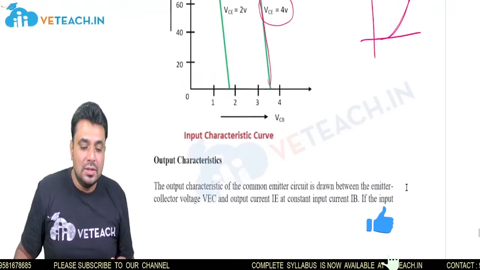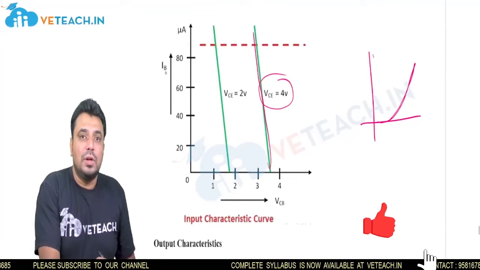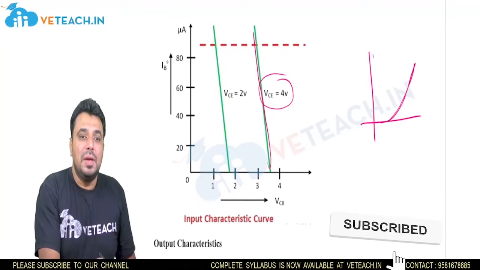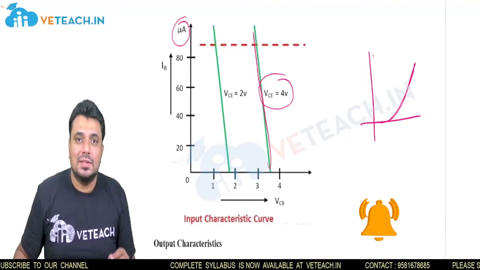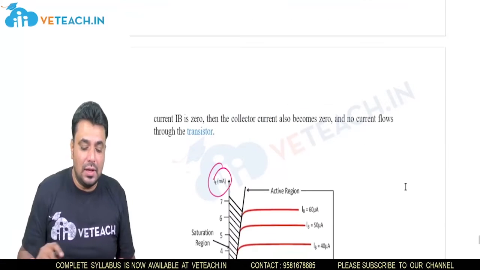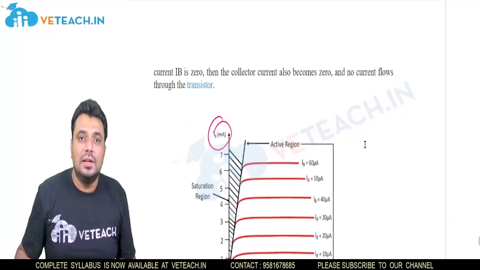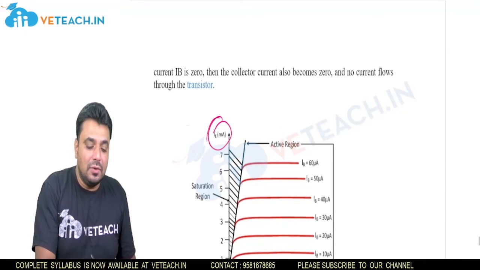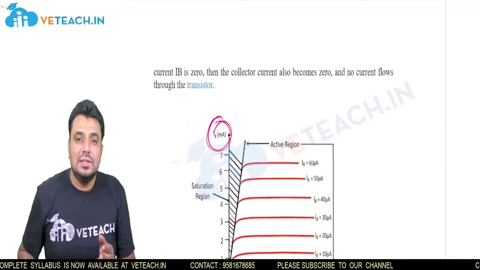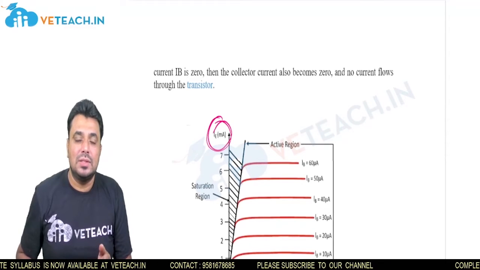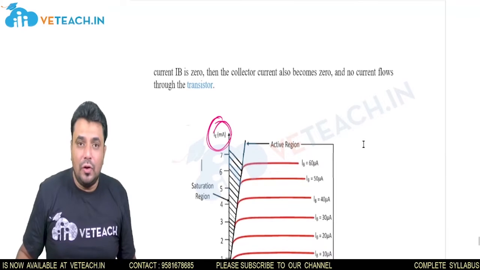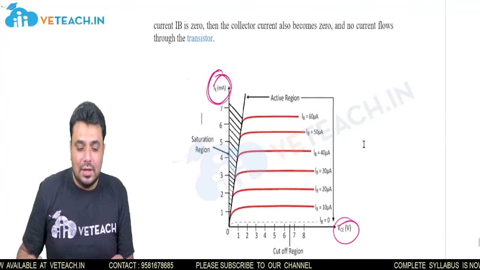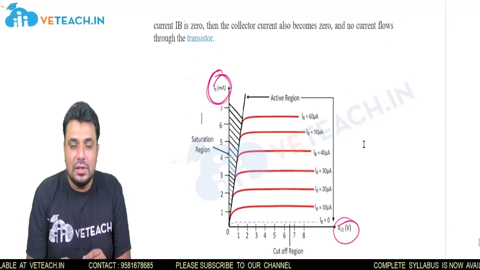So whenever you draw the input characteristics, which is the base element, we have microamperes, a smaller current. If you come to the output current, which we can call the emitter current, we have milliamperes. You can see here also that IB has the smaller value and IE has the larger value. Like that, we draw the output characteristics between the output voltage and output current,